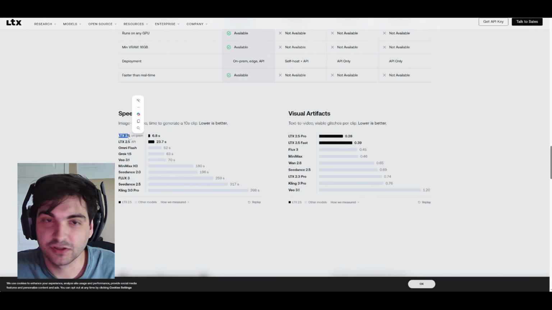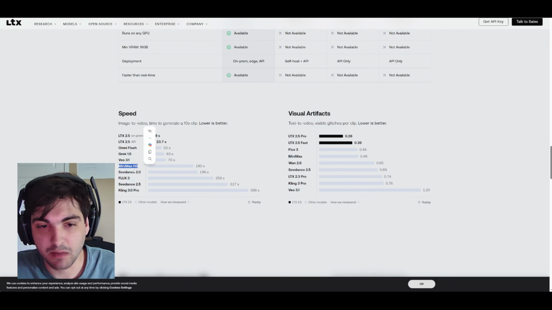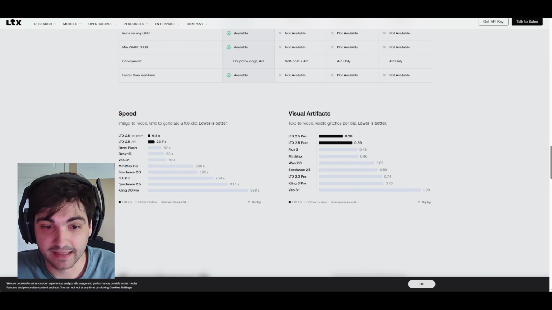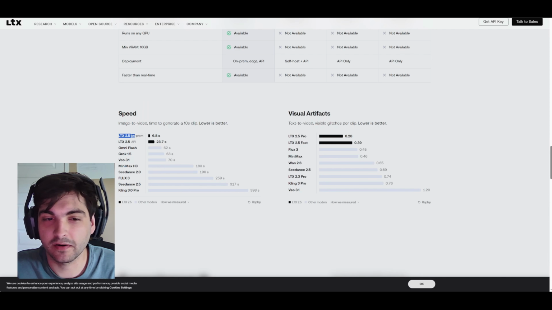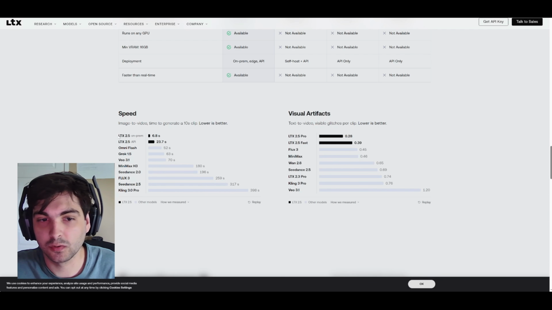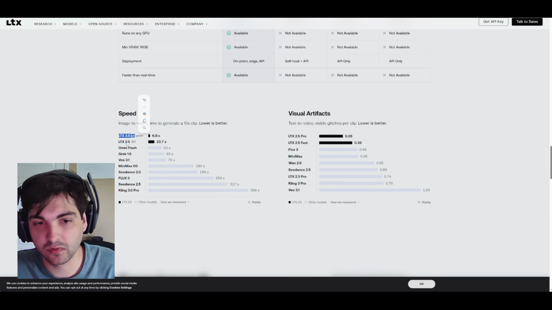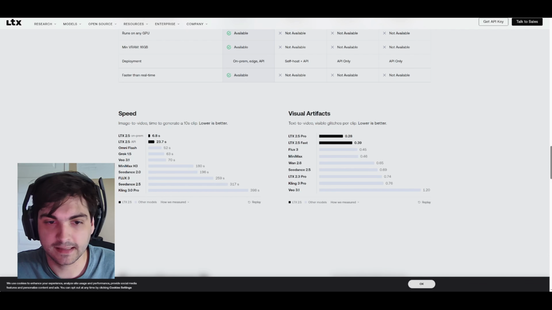LTX 2.5 just came on the scene, claiming it's beating models like Minimax H3 and even Seedance 2.5, two models that are a big story right now. Transparently, I question whether this is true or not. Today we're going to look at some LTX 2.5 examples, look at the specs of the model, and discuss comparisons